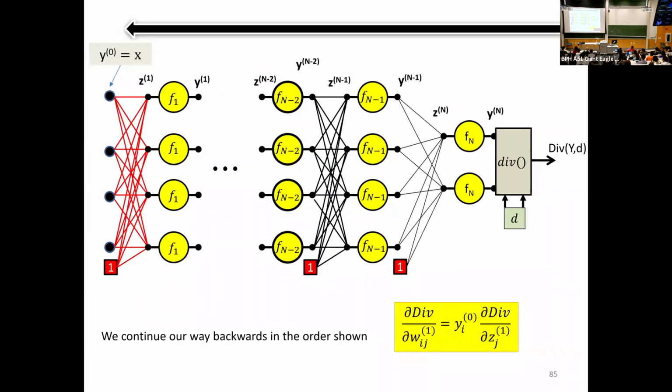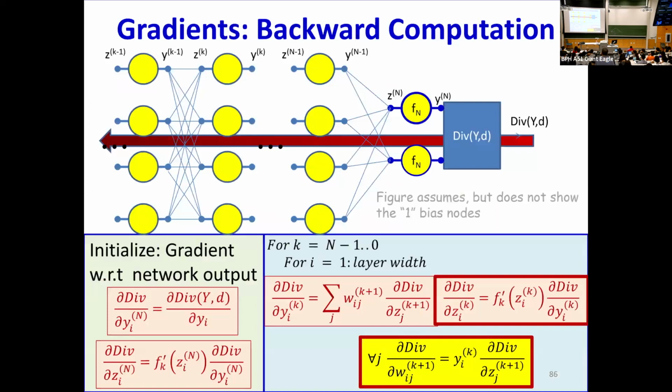Right. So everybody clear here? Do we stop at the weights or the input? If you want to figure out how perturbing the input changes the output, then you would do the inputs, otherwise you wouldn't, right? There are problems where you do need to know that. Okay. So here is the overall